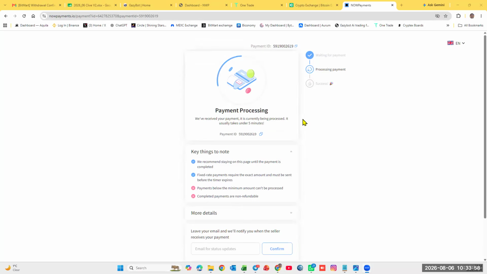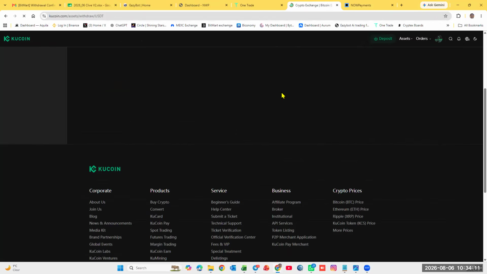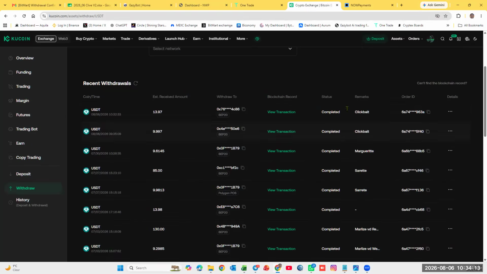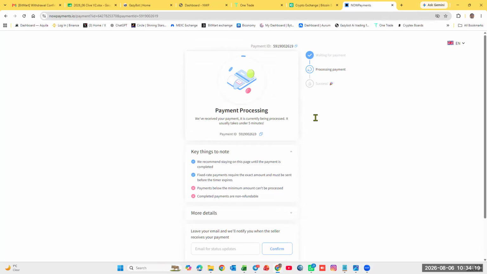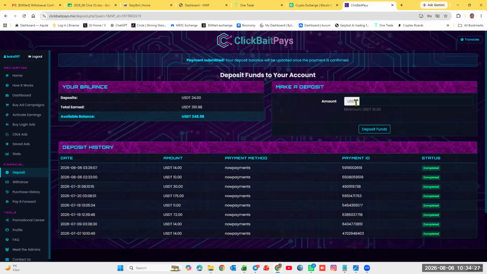So this is now 30 seconds later, and you can see the wheel is busy turning. The process is busy taking place. If I go back to my KuCoin wallet, I can just go and check. There, the transaction is completed. If I go back here, I just need to wait for this process to get through. There, it paid successfully. Now the funds are going to come back to your wallet, and if you click here on your home wallet, you'll see you've got your money available.